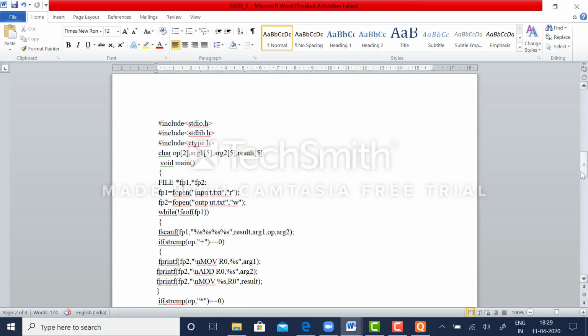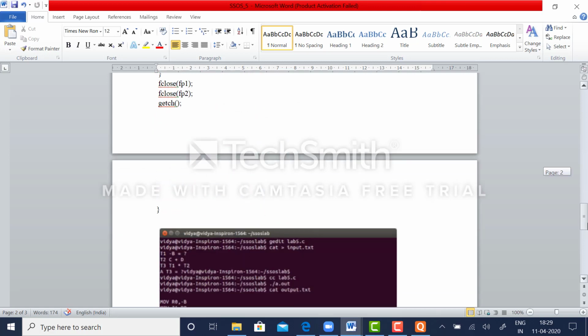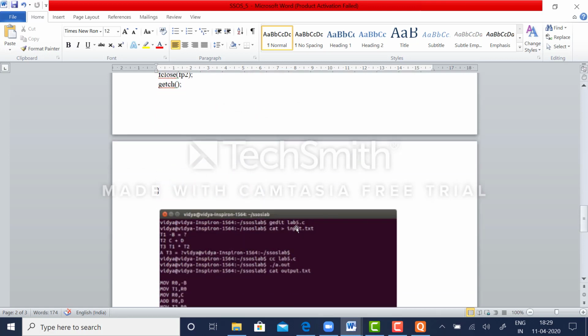So we will see what the content of input.txt is. In your input.txt, the content should be t1 minus b equals question mark, t2 is equal to c plus d, t3 is t1 star t2, and a t3 equals question mark. So this is the content of your input.txt.